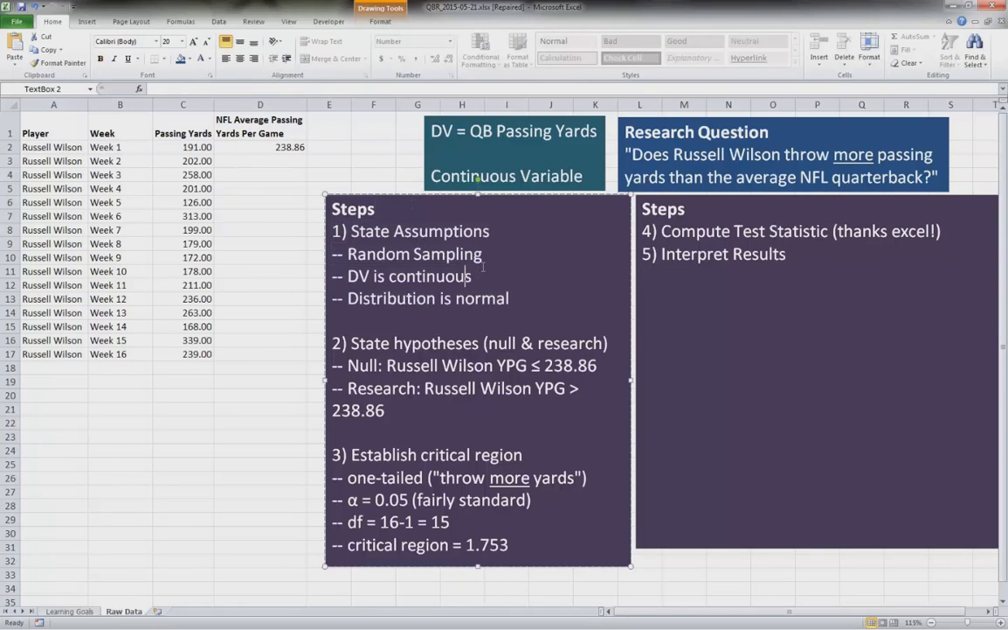First, again, these are going to be standard: random sampling, continuous dependent variable, and a normal distribution. Let's state our null and research hypotheses. These hypotheses and the critical region are going to flow directly from the research question. Our null hypothesis is that Russell Wilson's yards per game are less than or equal to 238.86, the average for NFL quarterbacks. Our research hypothesis is the opposite of that: Russell Wilson's yards per game are greater than